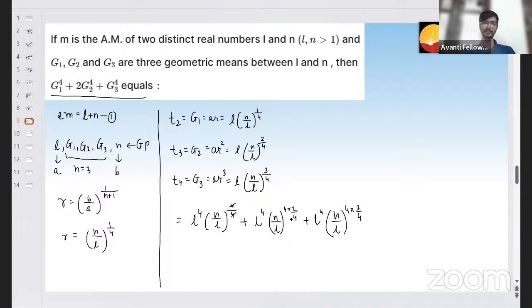So here as you can see all the 4 will get cancelled, and L will also get cancelled. I'll be remaining with L cube N plus L cube, sorry, here square will get cancelled. So L square N square and here I'll get 1